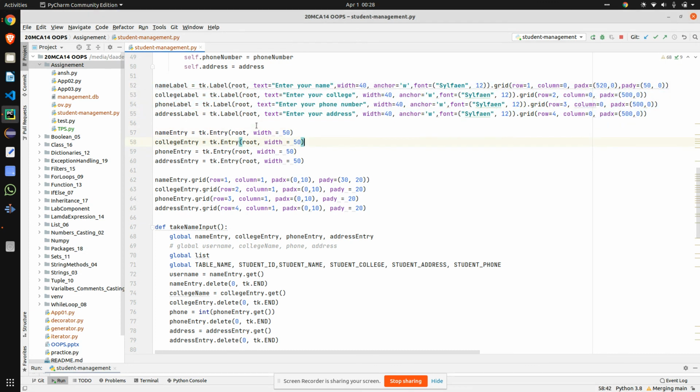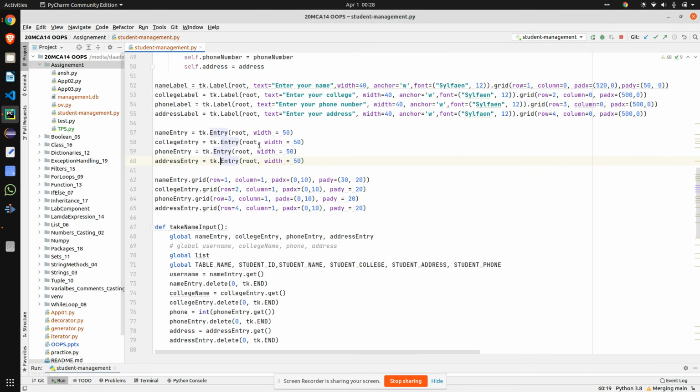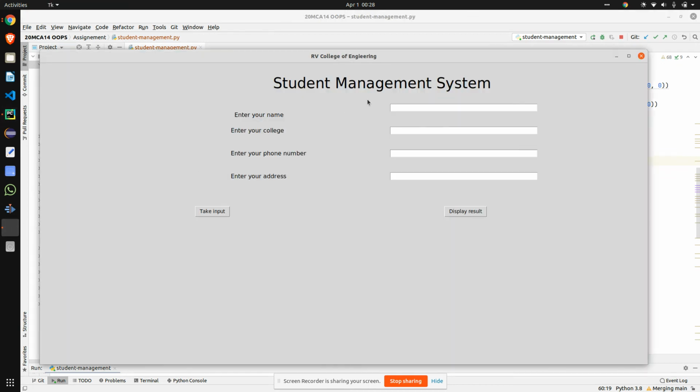Here we are just defining our text, and by using this grid function we are displaying it. So this is the particular use of these lines. I mean, what is the width of this particular input, and the width of the college entry, phone entry field, and the address entry field.